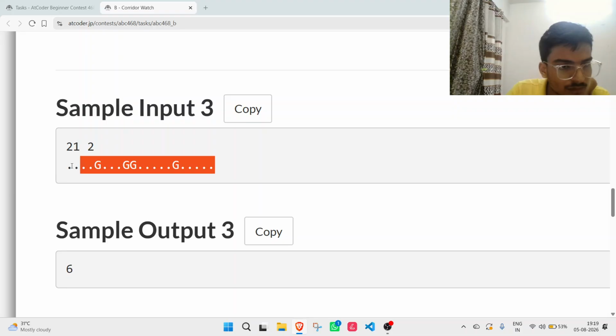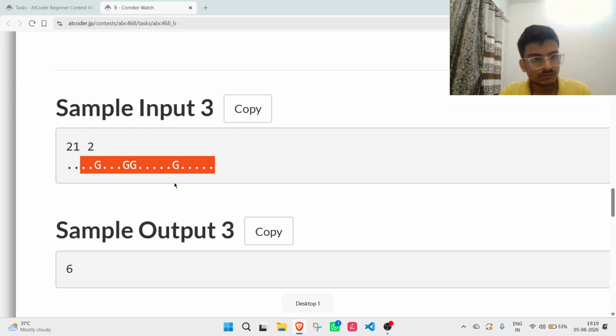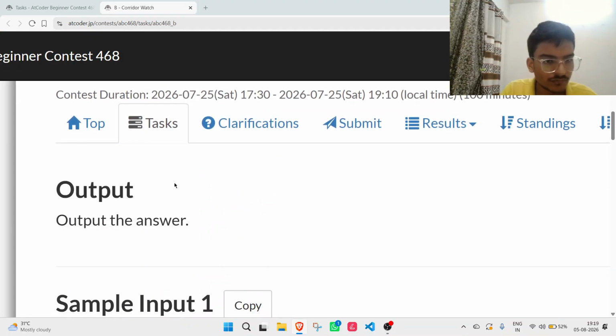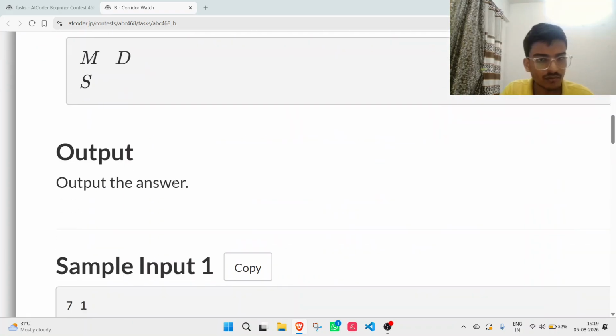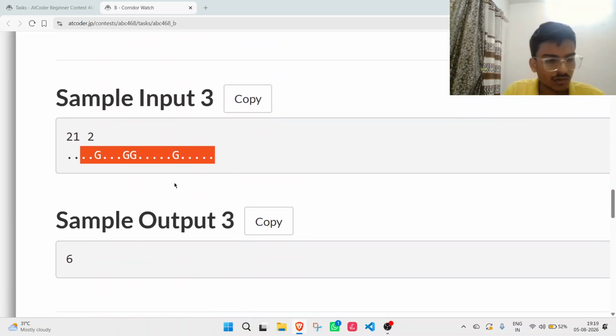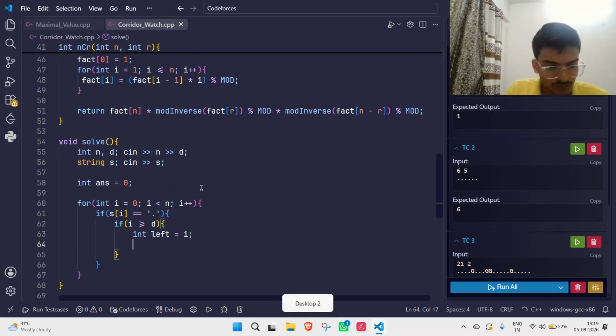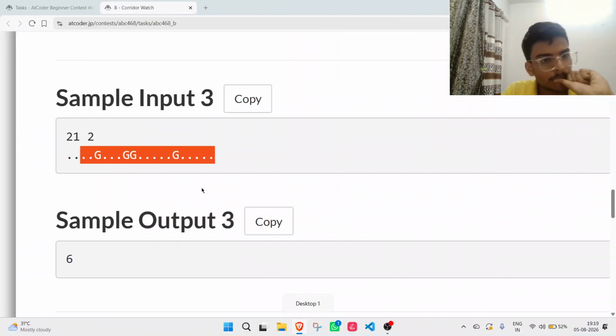This minus d within this. You can just start left from the sky and go to the d. D is less than 100. While left, while left is